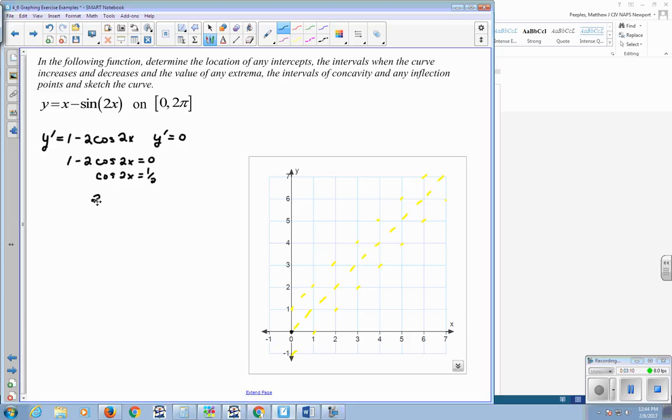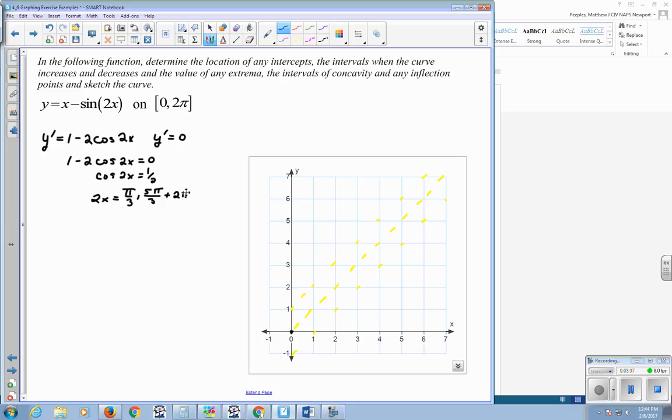First of all, we'll note that 2x, the angle we're taking the cosine of, will equal either pi over 3, which is a first quadrant angle whose cosine would be 1/2, or 5 pi over 3, which is a fourth quadrant angle for which this function would be positive 1/2,